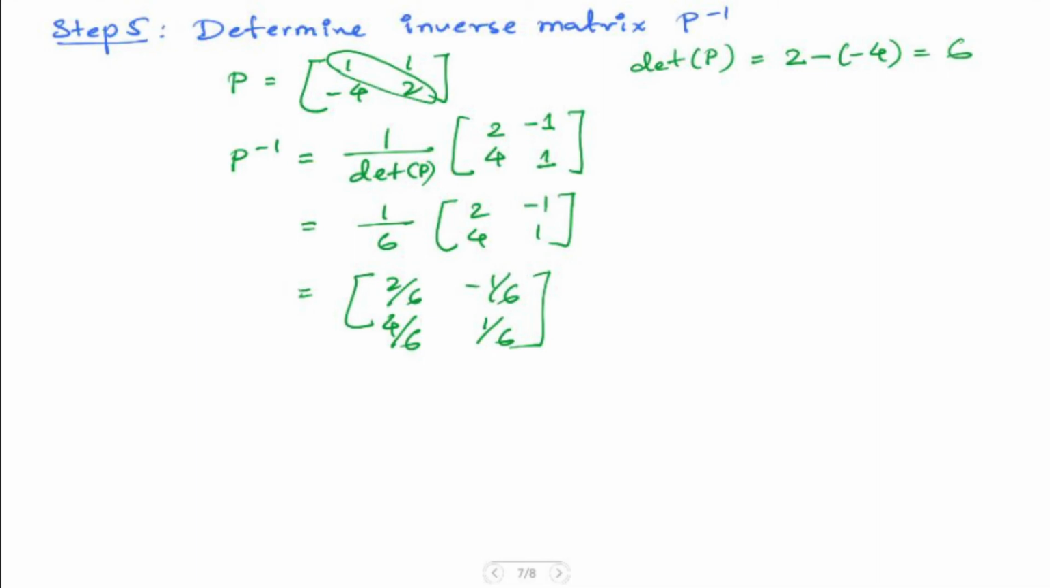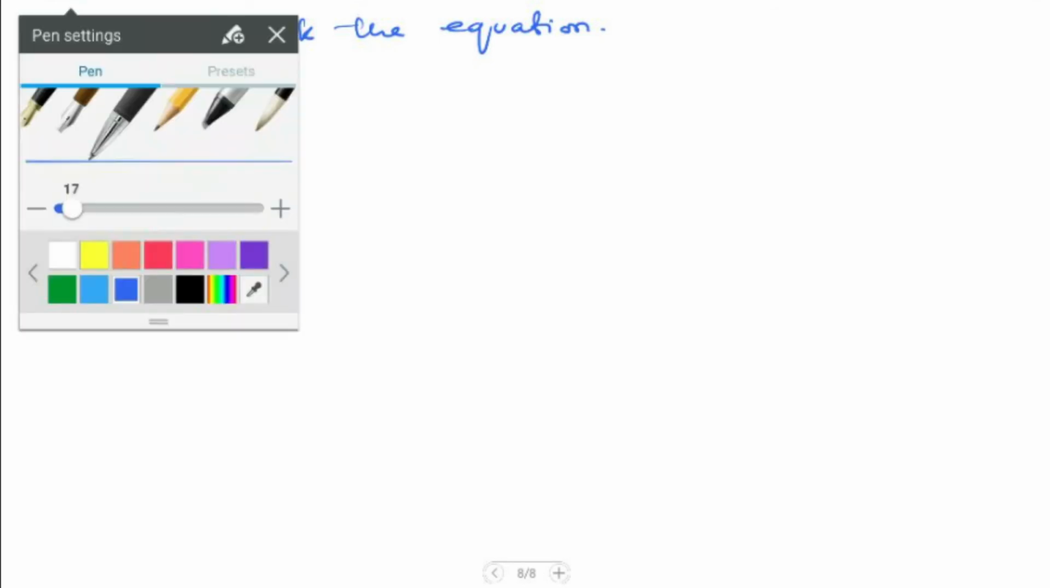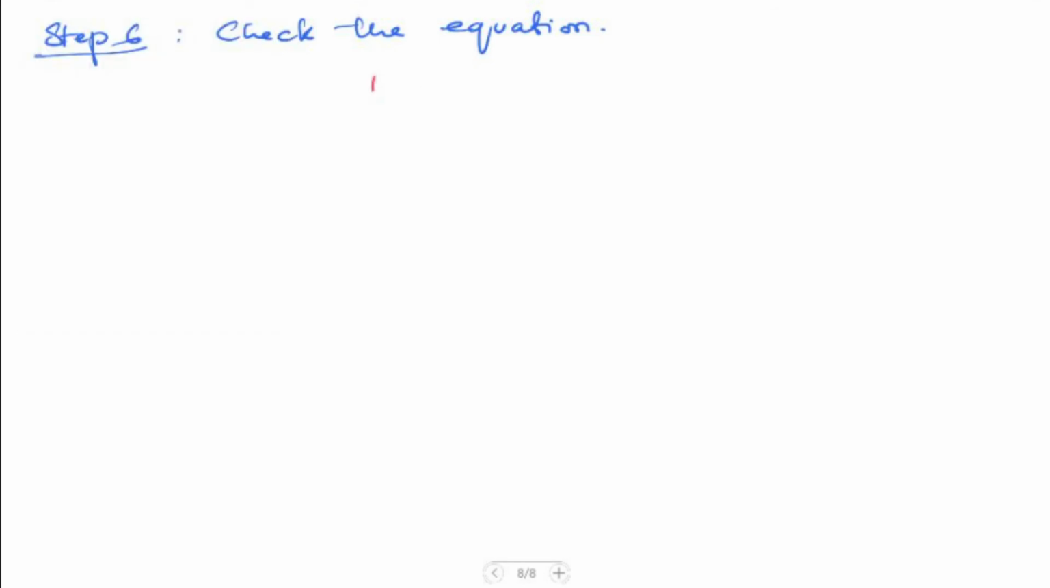Now let's go ahead to our last step, step 6. So here we check the equation that we talked about at the very first. We had P inverse times A times P will give us the diagonal matrix, with eigenvalue 1 and 0 and 0 and eigenvalue 2. So here that means